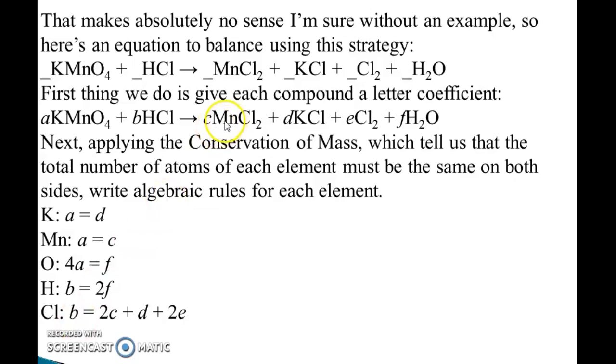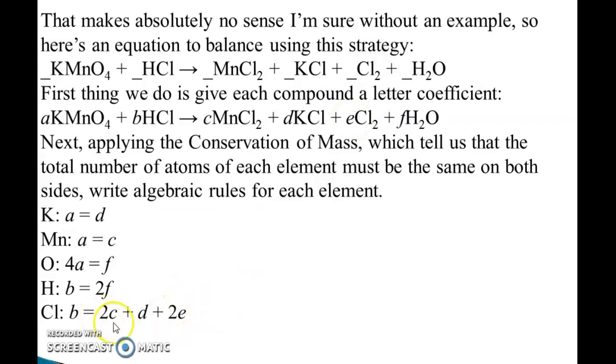And on the product side, 2 atoms of chlorine are present, so this 2 gets multiplied by C and we will put 2C. Now again Cl is present, a single atom of Cl is present, so here the single atom of Cl gets multiplied by D, so we put plus D. Now in the case of the third chlorine atom, 2 atoms of chlorine are present and it just gets multiplied by E and you will get 2E.